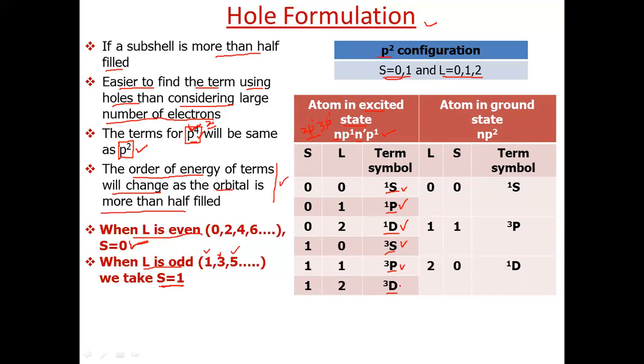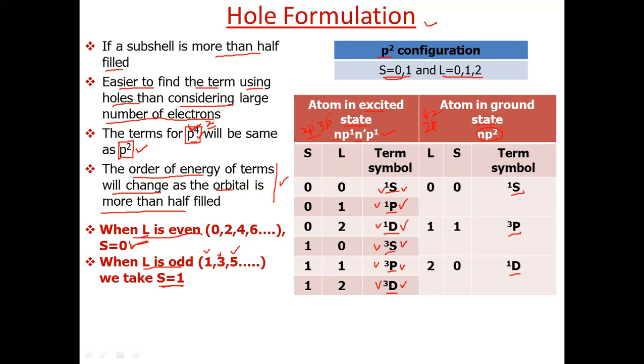But when we have to take the atom in the ground state, the two electrons will be present in the same shell, like 2p2, or it can be 3p2. Means these two electrons are present in the same orbitals of the same shell. Then all these term symbols are not valid. Only a few of these are valid. To check which state terms are valid, we apply this formula.